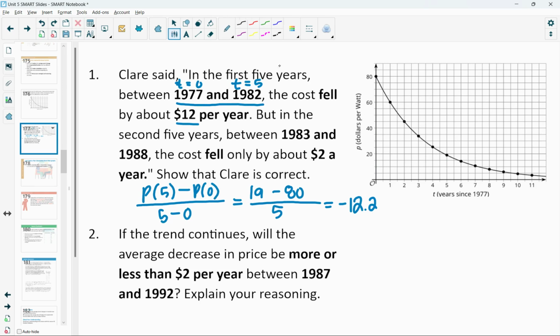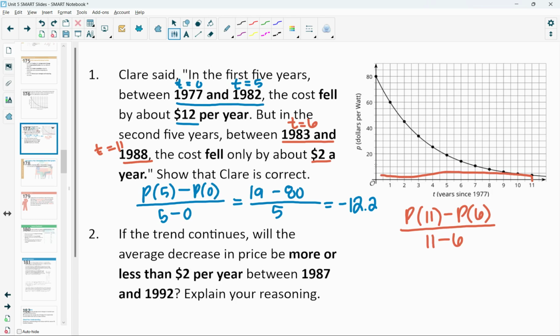Then let's show the other interval that she said. So 1983 to 1988, it fell about 2. So 83 is 6 years after 1977, and 1988 is 11 years after 1977. So we'll do P of 11, the new one, minus P of 6, the original, or the starting time period. And then we'll do 11 minus 6 for the years. So P of 11 here is